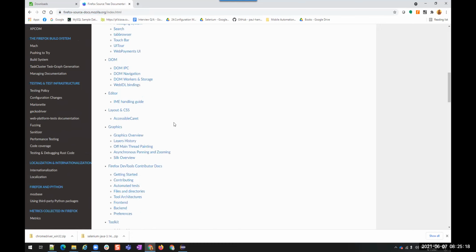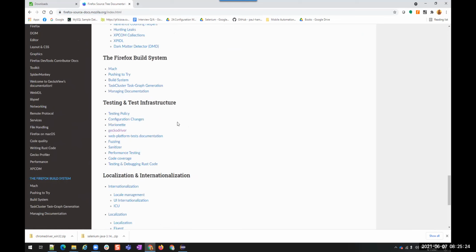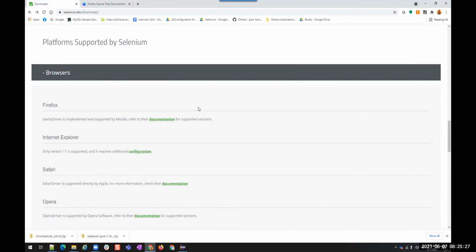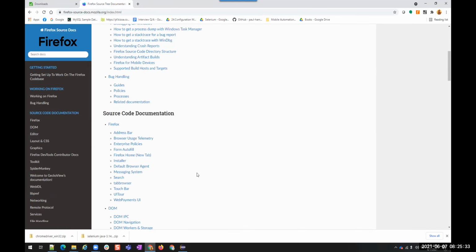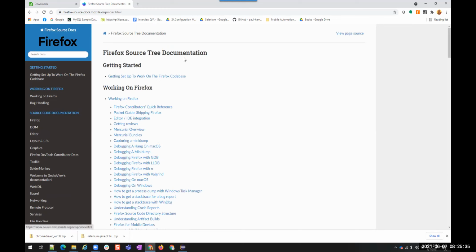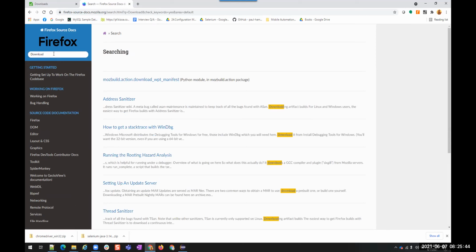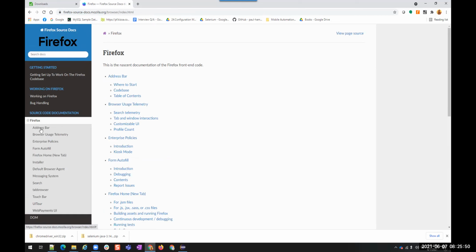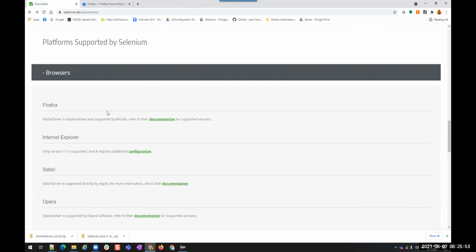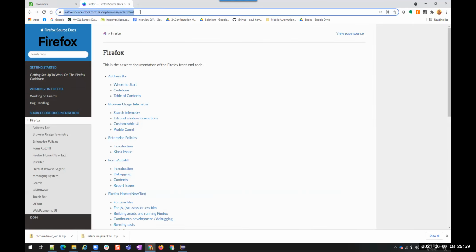Earlier it used to take us directly to the downloads page, but now it is giving us the complete information here. Maybe they have changed this site. Let me search directly.